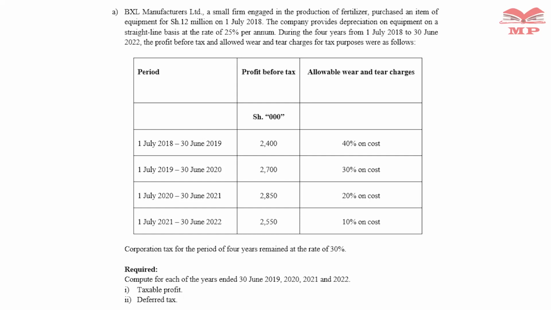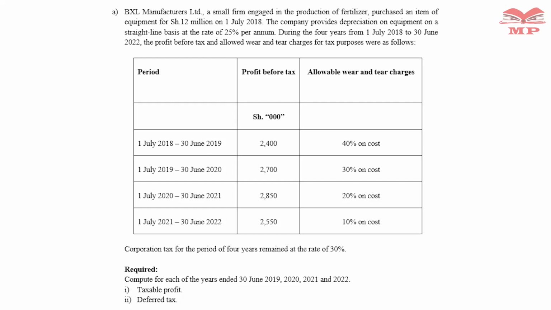The company provides depreciation on equipment on a straight line basis at the rate of 25% per annum during the 4 years from 1st July 2018 to 30th of June 2022. The profit after tax and allowed wear and tear charges for tax purpose were as follows. So we are given